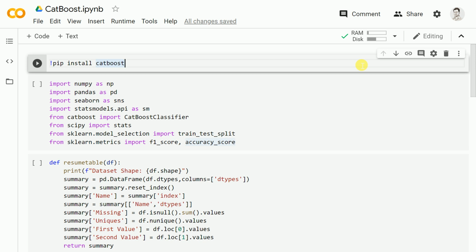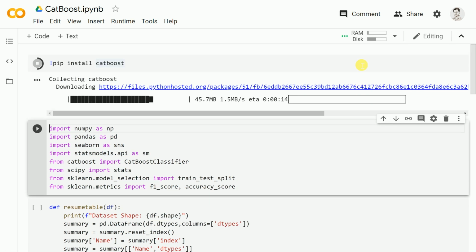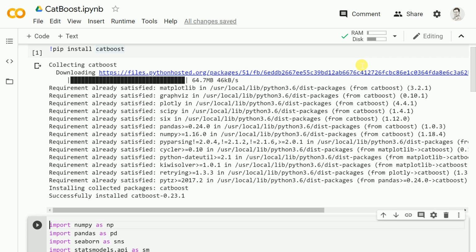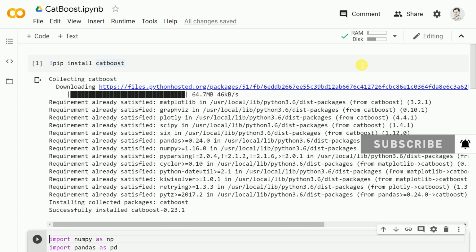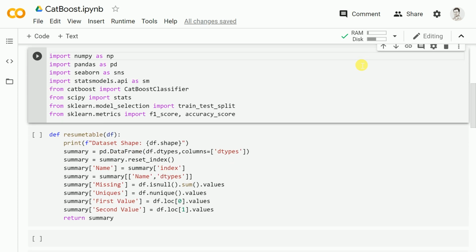Now the first thing, if I have to ever use CatBoost, I'll have to install CatBoost. So the way you do that is the typical Python process of installing any library, which is pip install catboost. So let me run the cell. The whole package is downloading and it's also installing after that. Most of the dependencies already exist in the Colab environment, so you don't have to worry about explicitly installing anything else. Now that I've installed CatBoost, the next step is to import the necessary modules. So I'll run the cell to import the necessary modules that I'll require in this process.